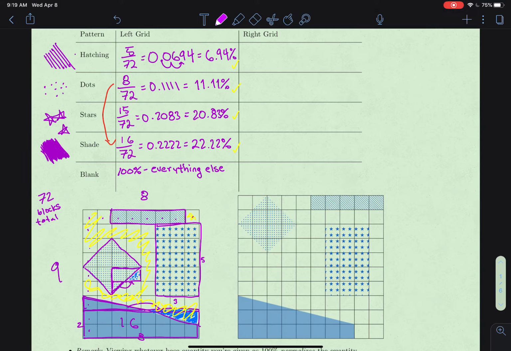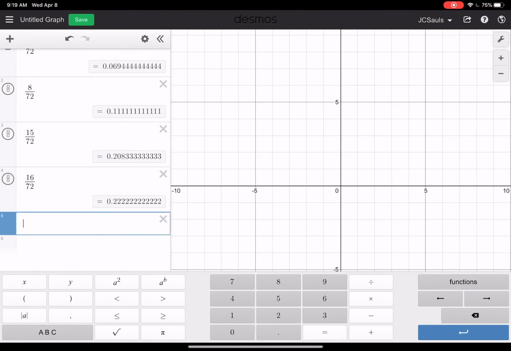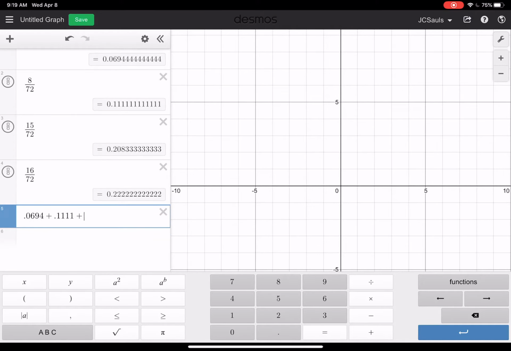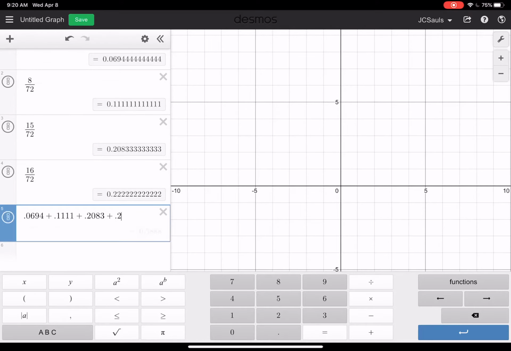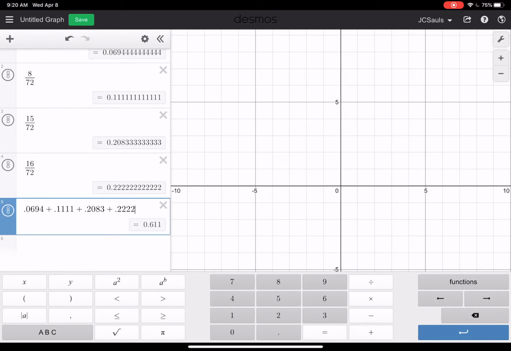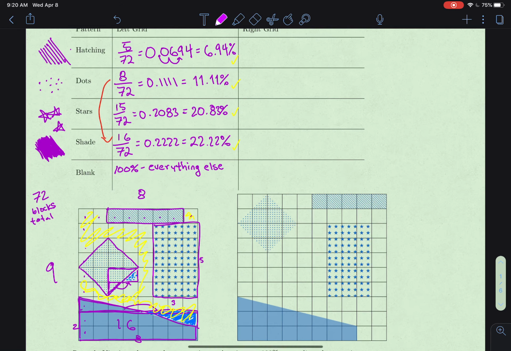So we need to figure out the sum of 6.94, 11.11, and so on. Let's go back to our calculator. One thing that's nice about Desmos as a calculator, it keeps track of all these numbers, so we don't have to remember them. 0.1111 plus 0.2083 plus 0.2222 is 0.611. So this is 100%